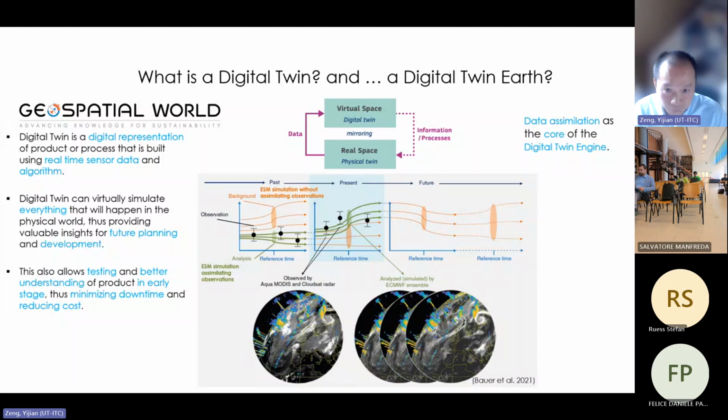So you have a virtual space, which is called the digital twin. It can be a digital twin Earth, but it can also be a digital twin of a soil plant system. And then a very important part is the data. So we really need real-time data, which can be incorporated into this digital twin or virtual space, and then